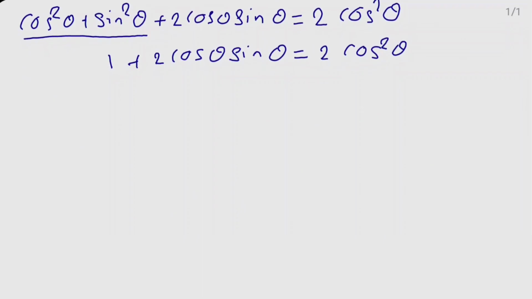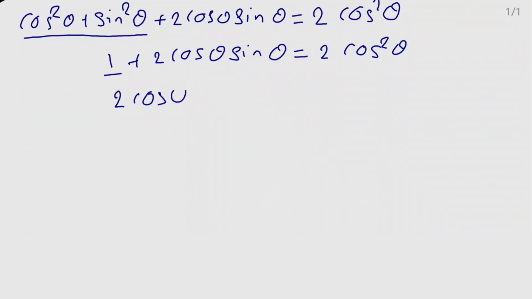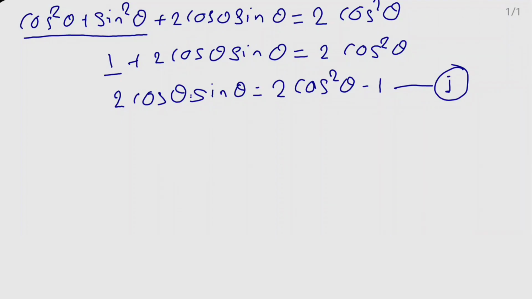And now this 1 goes to the RHS side, it becomes a minus. So write down here 2 cos theta sin theta equal to 2 cos square theta minus 1. Is it clear? And call this equation 1. And here we want to find out the value of cos theta minus sin theta, right? So now squaring this expression,